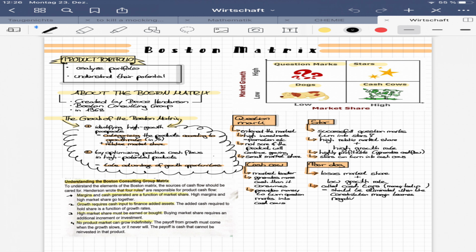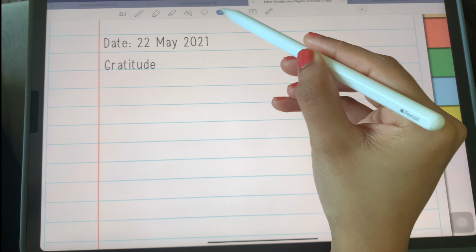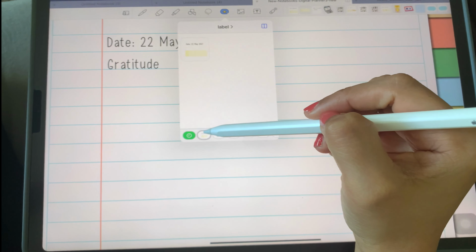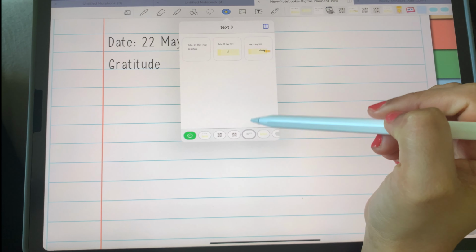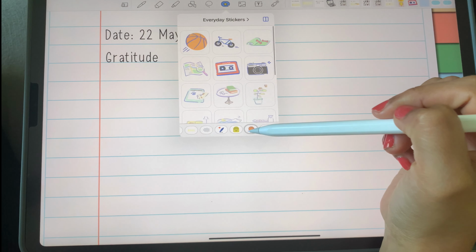You can find this new feature with this icon under the toolbar. But if you can't find this icon, make sure you go to the App Store and update your GoodNotes 5 app to the latest version. And my experience so far with the Elements feature has improved my productivity so much more than ever. I will show you in a moment what the first tab is for.